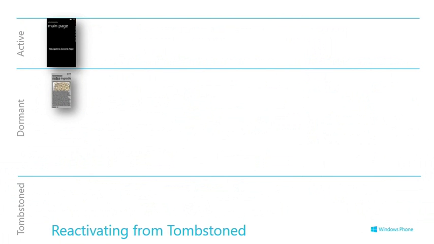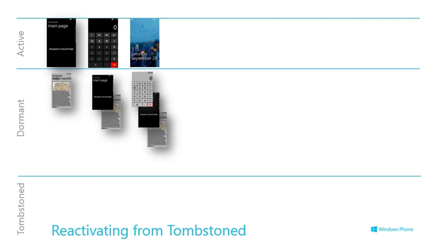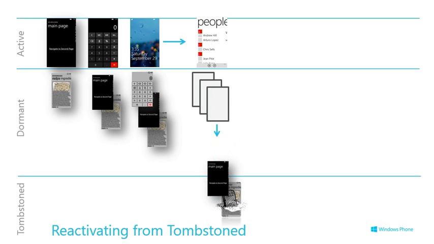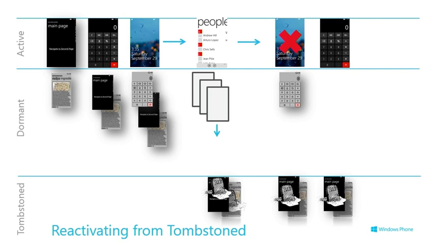So this is a diagram that just illustrates that process. Here we go. The user started the calculator, and we're moving, and then they start something else. The lock screen comes up, and now the calculator is dormant as well, and our app is in there, and so on and so forth. And at some point, we get tombstoned. Our memory snapshot has been thrown away. Now, of course, the user could start unwinding the stack at this point. So, we've gone off to the people hub, and we've got rid of that, and we've got rid of